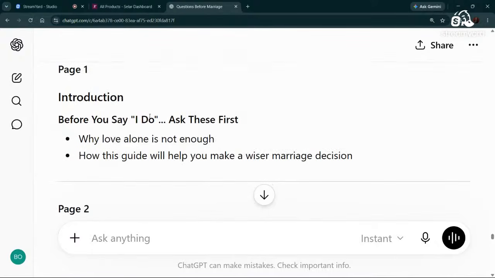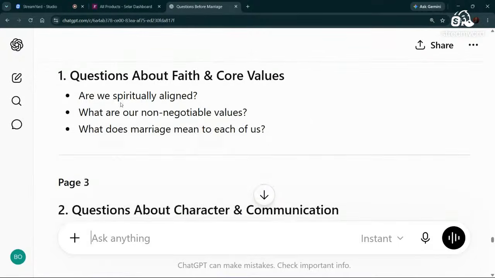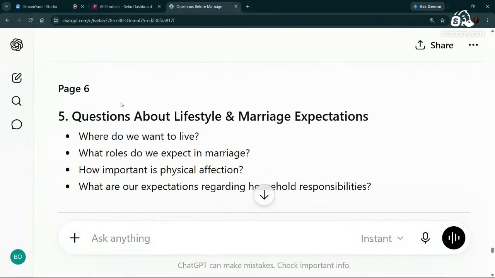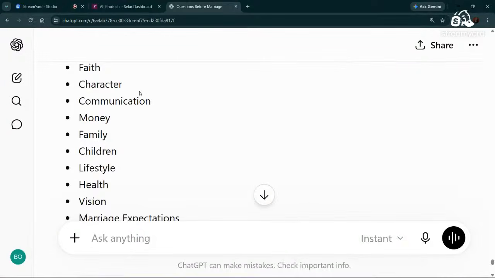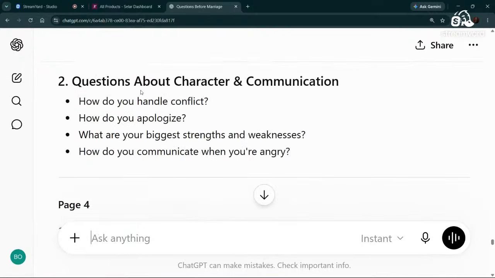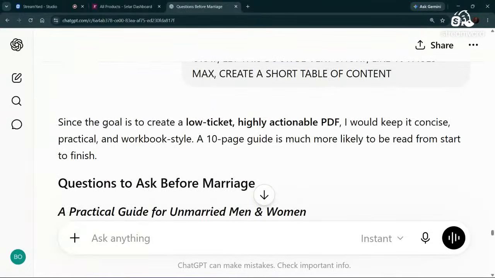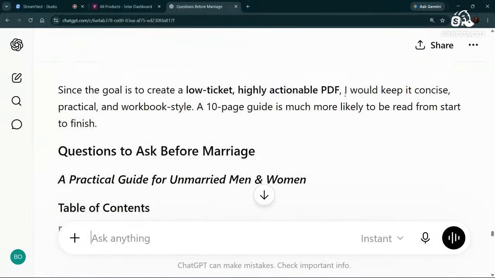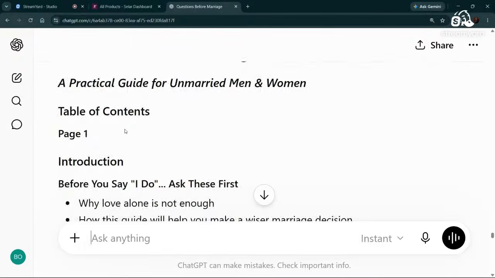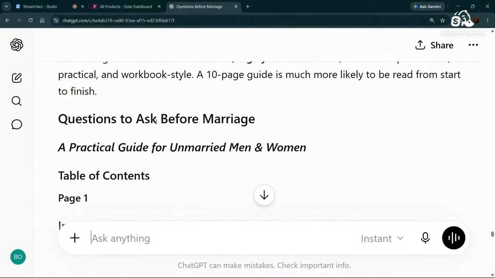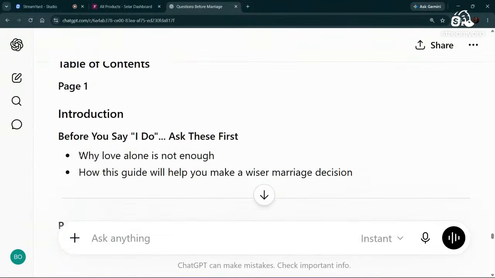Now you can see this book is already being written; it has already written the book by itself. So you can see this book is not going to be a very big book. Since the goal is to create a low-ticket, highly actionable PDF, it says it would keep it concise, practical, and workbook style. So this book is not giving you too much story. Question to Ask Before Marriage, table of contents,